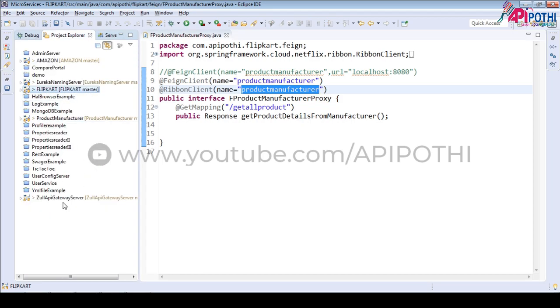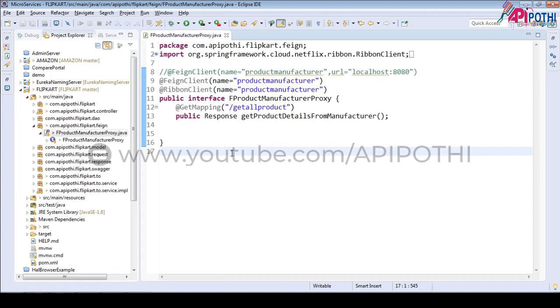Now I want the API gateway to be in between Flipkart and the product manufacturer, since these are three different applications. So I want all the requests coming or going to pass through the API gateway only, right?